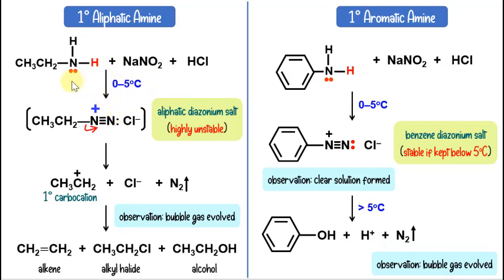Since the nitrous acid is prepared in situ, we cannot directly write the reaction of our amines with HNO2. We must write NaNO2 plus HCl, because it is from the reaction of NaNO2 and HCl that we produce our nitrous acid. And then the condition required is 0 to 5 degrees Celsius. So for this reaction, I suggest you draw the